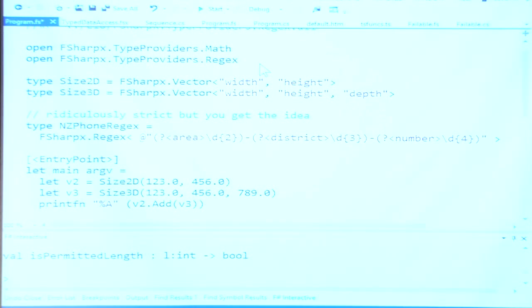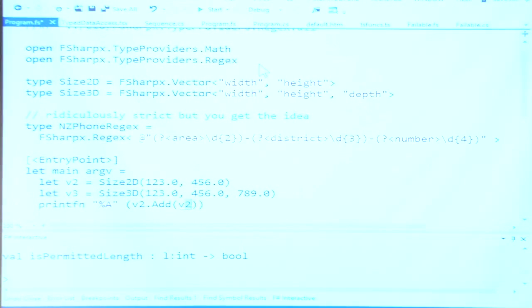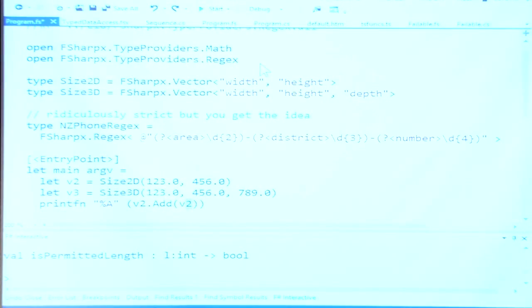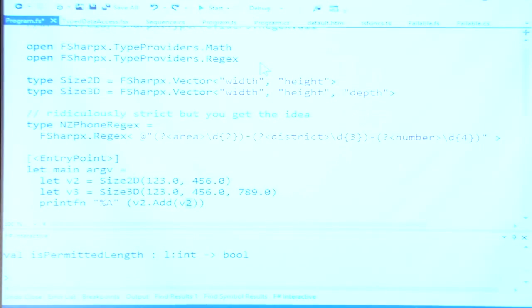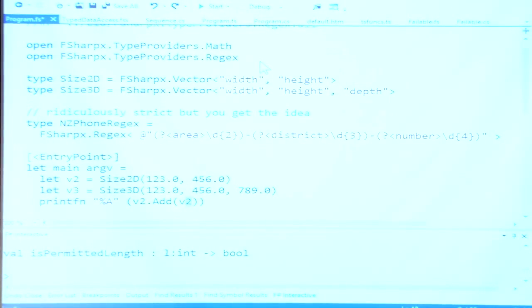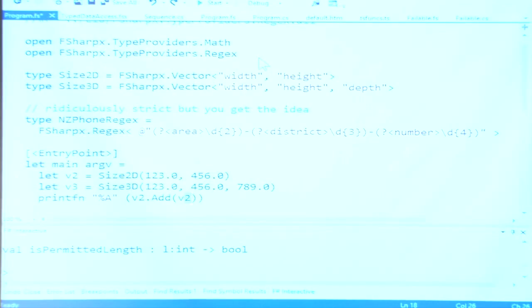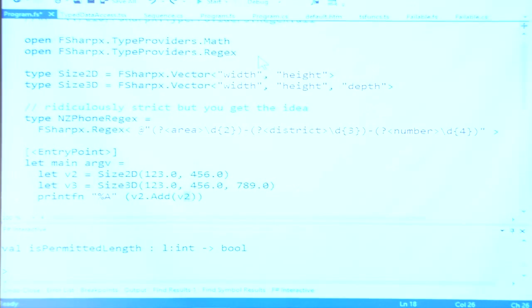If I try to add a 2D vector to a 3D vector, then it's not going to let me, because add is only defined within a particular vector type. So I've managed to avoid having to write out all of those boilerplate vectors by going to a type provider and saying, you do the work for me. Make me a vector type with these field names. And it does all of the work for me.